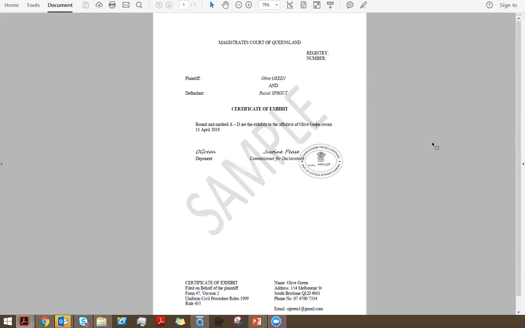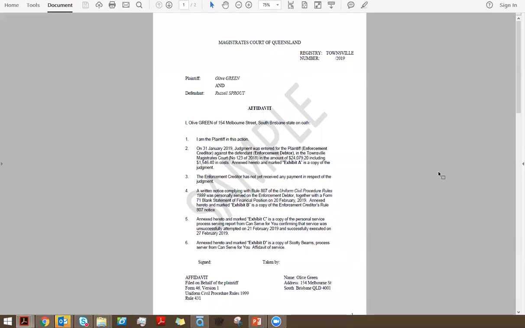So this may be accompanied with the affidavit and the exhibits. That's fine, because this would then go on top of all 4 exhibits and then be attached to the affidavit. And that's something for the deponent to do. We do not staple or attach the documents ourselves. So just to recap, this affidavit is one of the commonly used affidavits under the UCPR. I've checked for the exhibits and I'm happy that all 4 exhibits are there. And I'm also happy that Olive, or the deponent, has provided me with a certificate of exhibit.